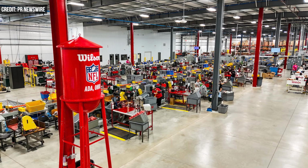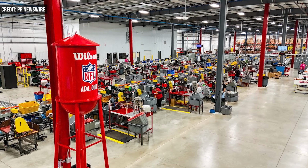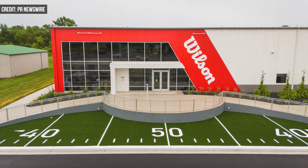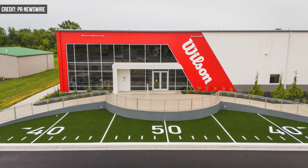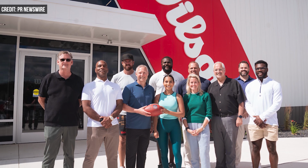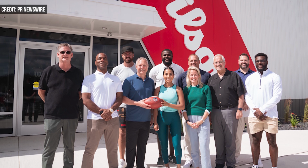Since 1941, every point in the National Football League has been scored with a football made by Chicago, Illinois-based Wilson Sporting Goods. According to the company, the partnership between Wilson and the NFL is one of the longest in sports history. This week, the NFL and Wilson not only renewed their partnership, once again naming Wilson the league's official football, but the football maker also unveiled a new and improved football factory, right next to the old one, in Ada,